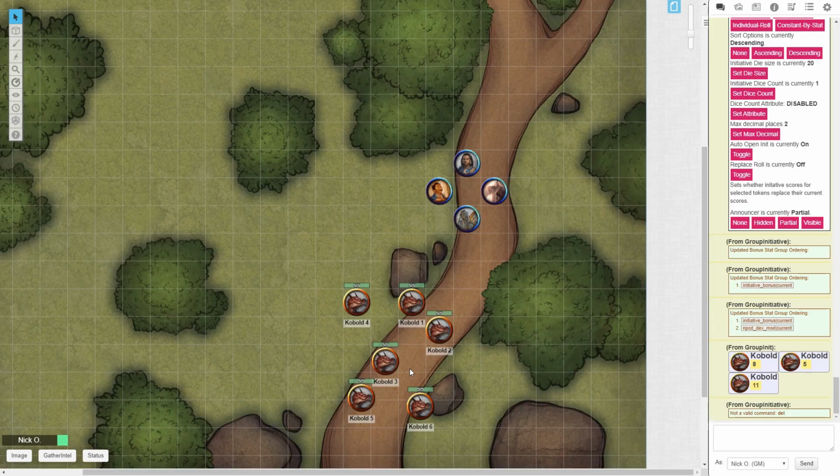So now we've got our 6 kobolds on the battlefield. We're about to get into a fight. We need to roll initiative. As the GM, I now have to go through and click on each individual kobold and roll initiative for all 6 of them one by one. That's kind of tedious, especially if you have a really big mob of monsters. You know, I've only got 6 here. If I had 10 or more, this would get very, very tedious, as I had to go provide initiative for